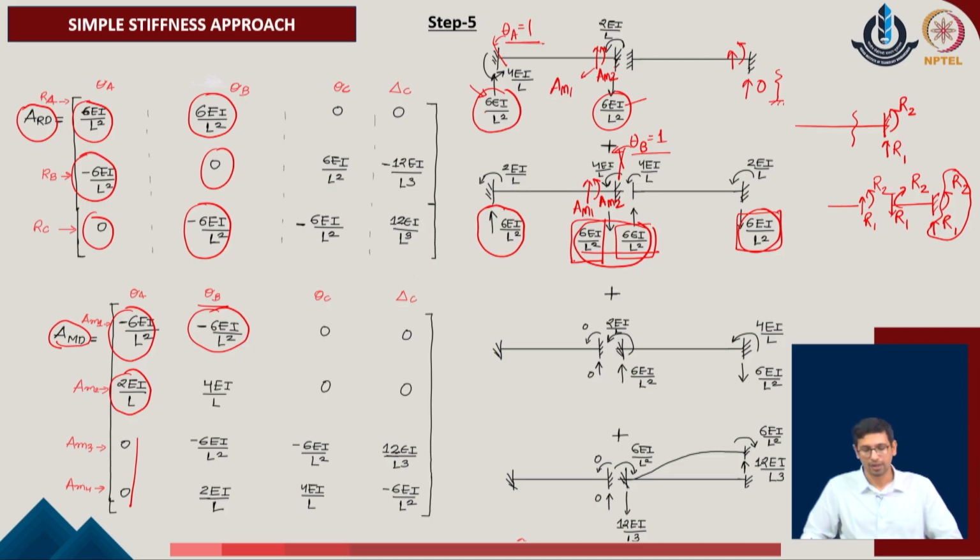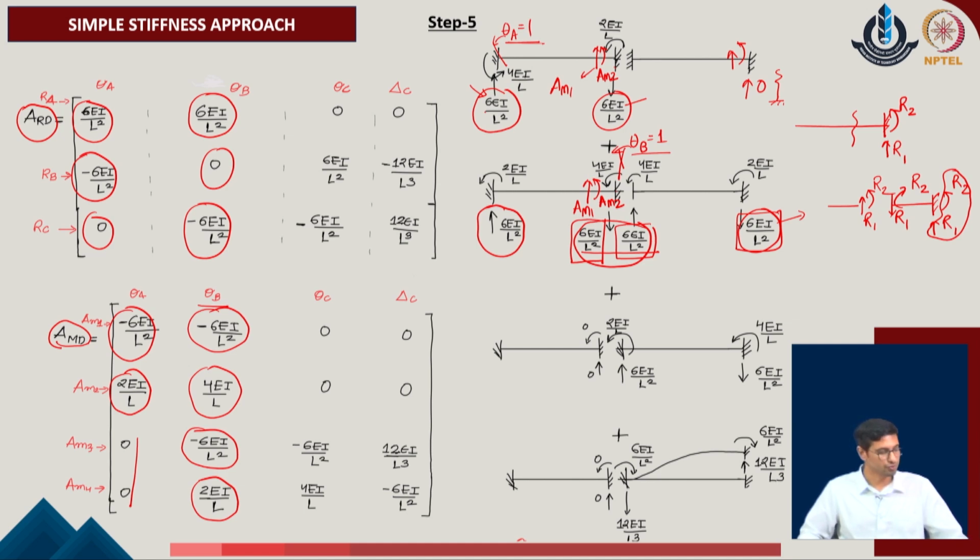So, this component as a net effective resultant will not be appearing to calculate the AM1 or AM2 component of the given system. With this idea in mind, we realize that AM1 will be minus of 6 EI upon L square and AM2 will be positive of 4 EI upon L in the given system. Similarly, when we move to the AM3 and AM4, the values could be identified as minus of 6 EI upon L square and 2 EI upon L for the given problem. With this idea in mind, we have now got the values of A of RD and value of A of MD, which are the components of the reactions and the member forces with respect to the unit amount of the deformations in the direction of the free degrees of freedom of the given system.